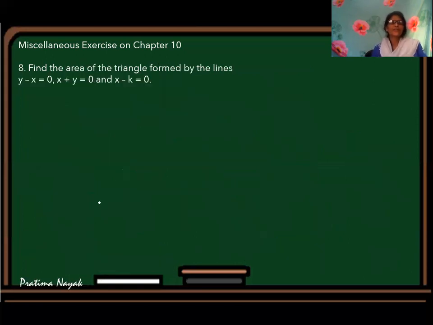Question number 8. Find the area of the triangle formed by y minus x is equal to 0, x plus y is equal to 0, and x minus k is equal to 0. You know the area formula. First, you have to get the intersection points. So first